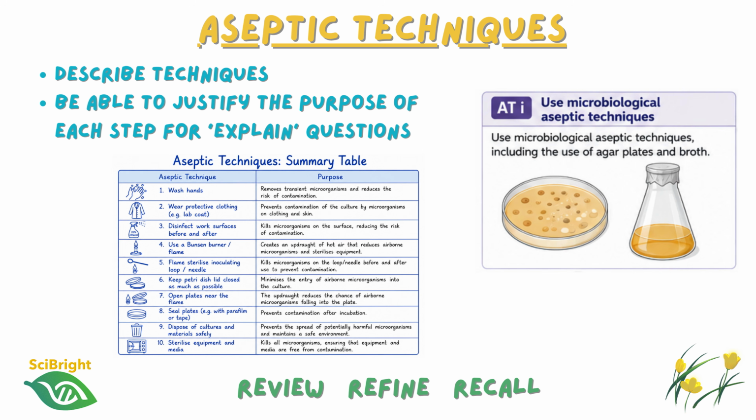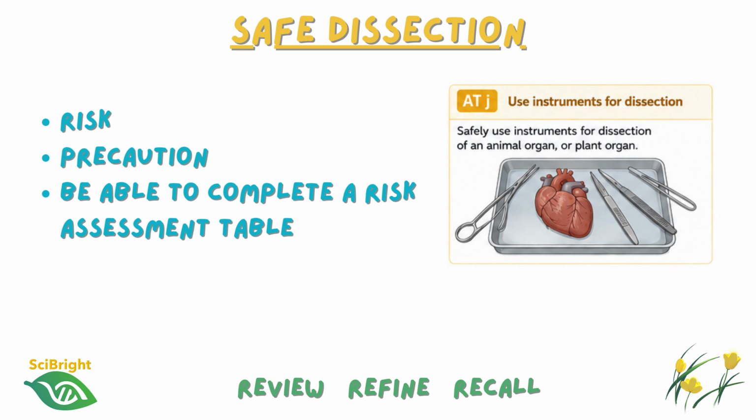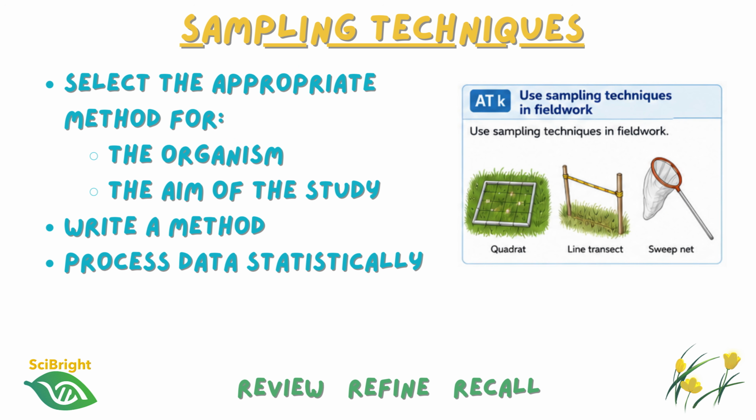Now, for exam questions, make sure you look out for the command word describe or explain. For explain, you must justify the purpose of each part of the technique. ATJ is the safe use of instruments for dissection. You will write or have written many risk assessments across the course, so be prepared to write one in the exams. Now, ATK covers sampling techniques used in fieldwork, and this includes quadrats, line transects, belt transects, sweep nets, pooters,